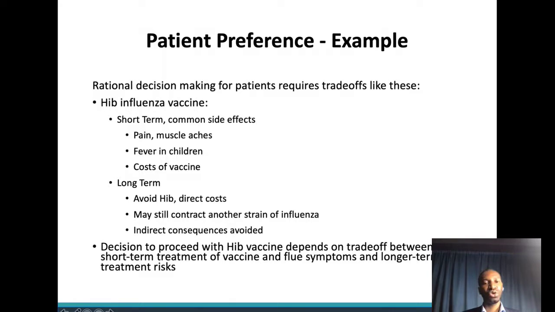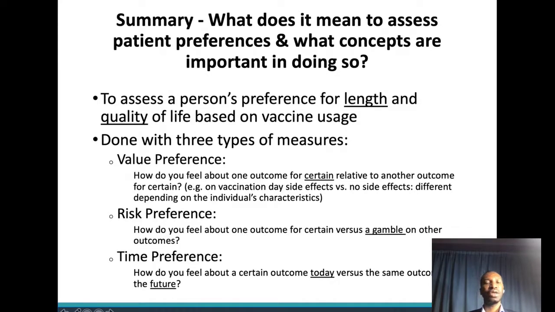Now, the decision to proceed with the vaccination is going to depend on these trade-offs between the short-term treatment of vaccine and flu symptoms and the longer-term risk. So what does it mean to assess patient preferences and what concepts are important in doing so? To assess a person's preference for length and quality of life based on vaccine usage,